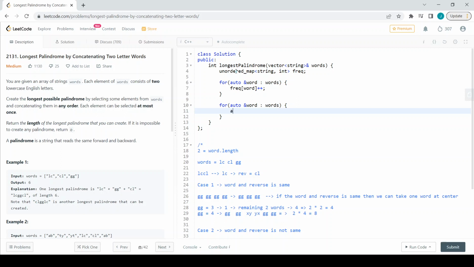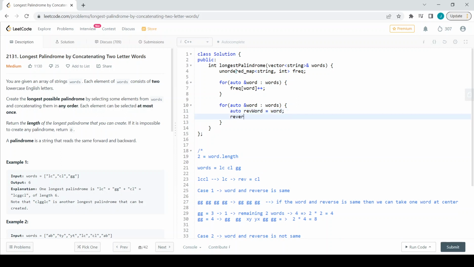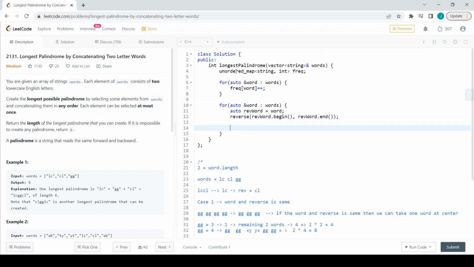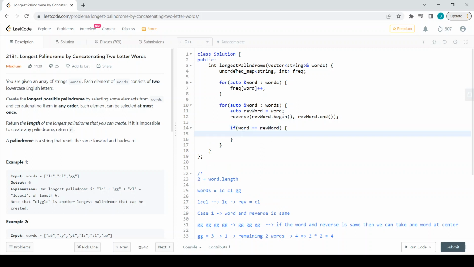and we can get the reverse word first. Reverse word is nothing but word, and we can just reverse it: reverse of reverse word dot begin comma reverse word dot end. So now I have the reverse word and the word which is in order. I have to see whether both the words are same first. So if my word is equal to my reverse word, then what I have to do is,